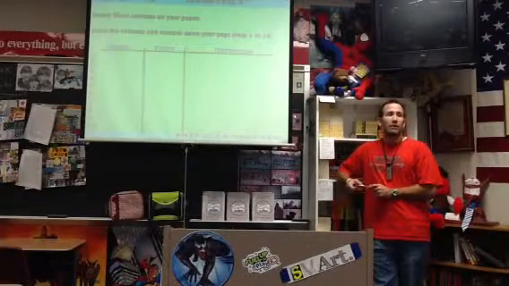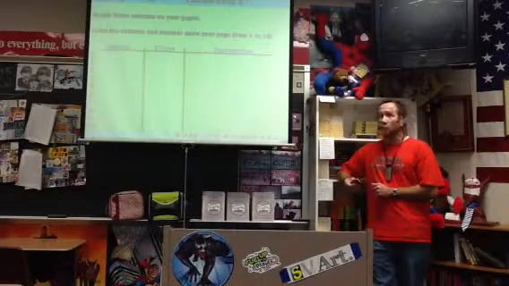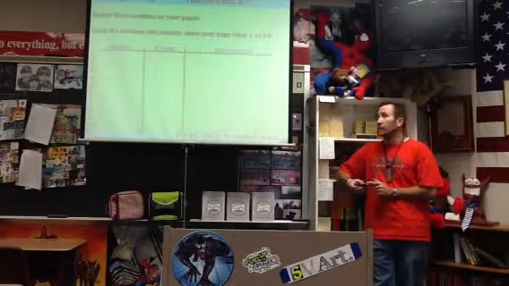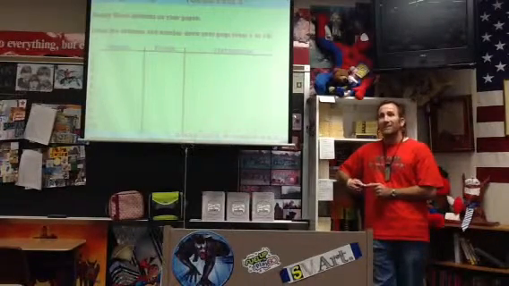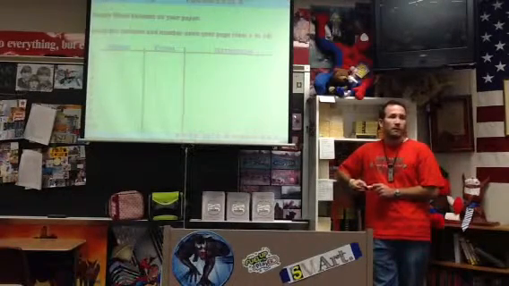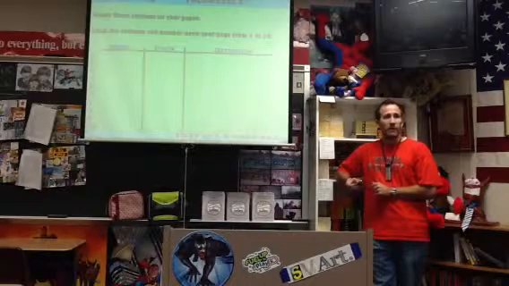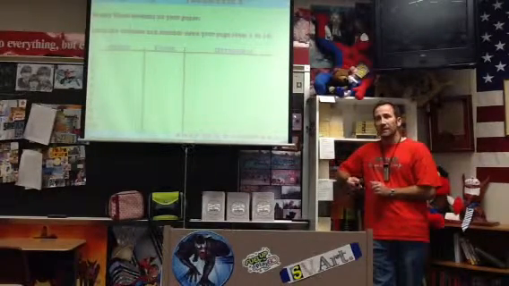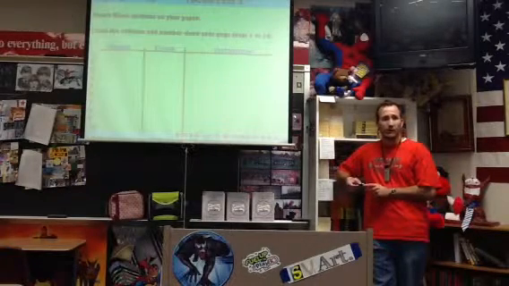Then, you're going to make 3 columns. 1 column that says word, 1 column that says poem, and then 1 column that says definition. The definition column should be the big column, and then word, and then the poem. This is to get you ready for the vocab and spelling test coming up next week, which I've not decided. I'll either do Wednesday or Friday. I don't know which one yet.